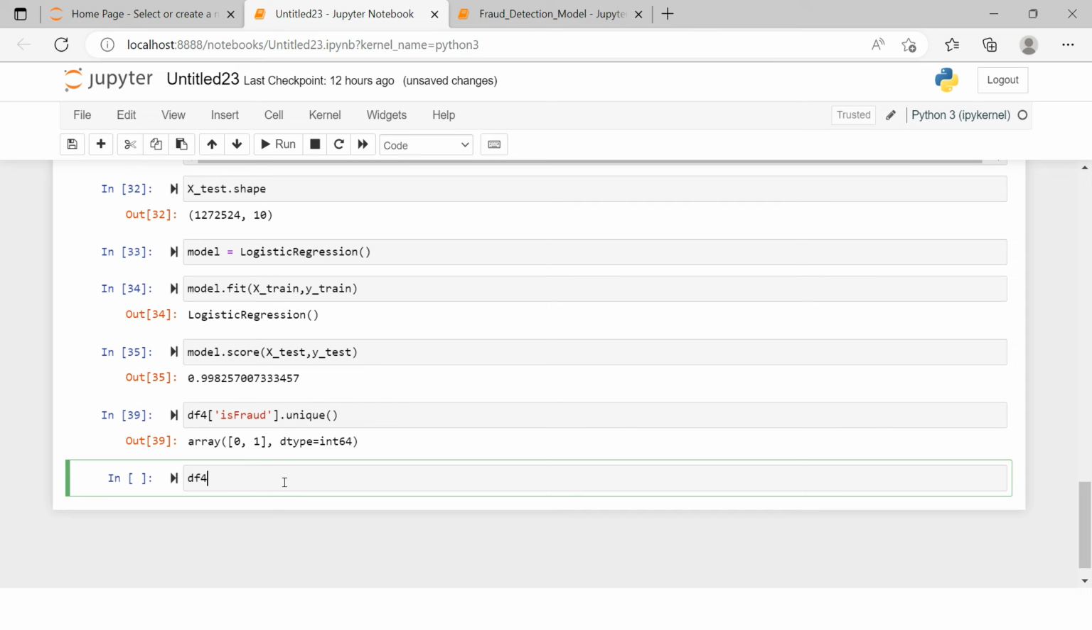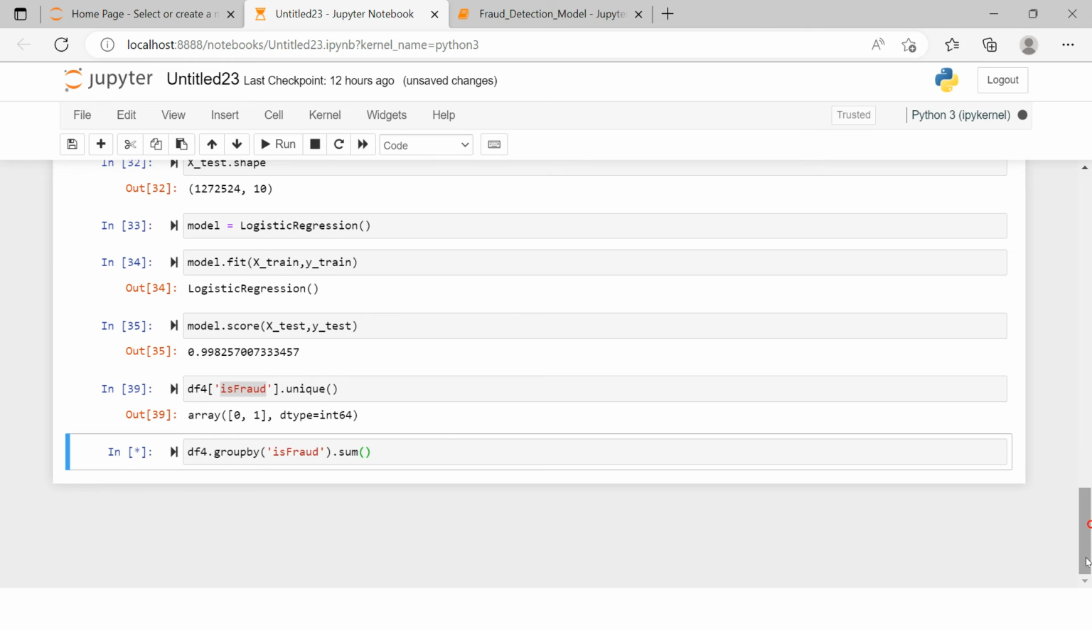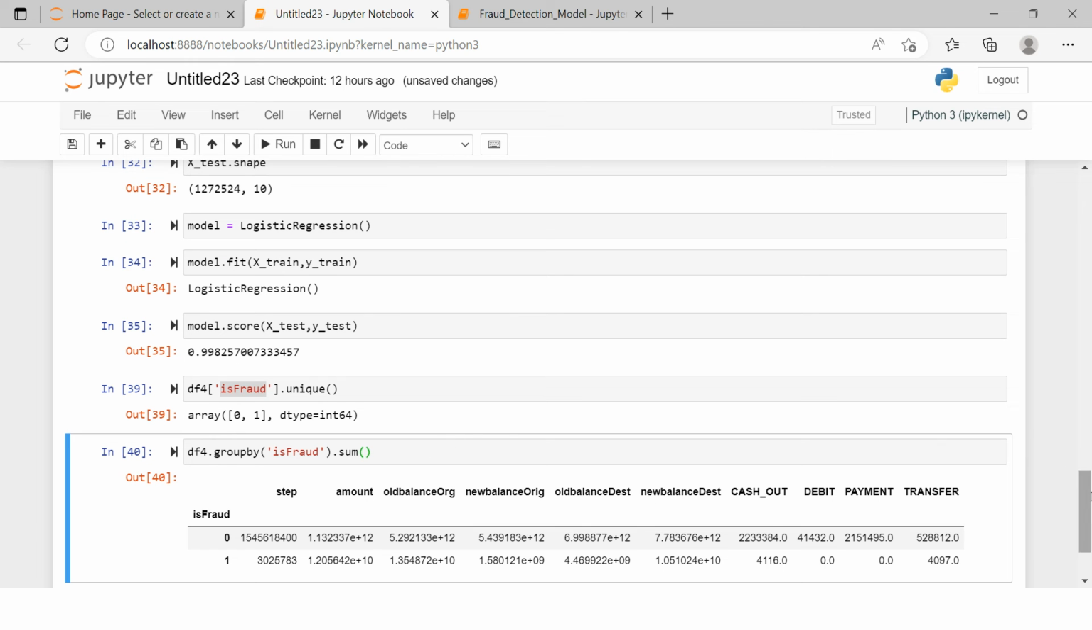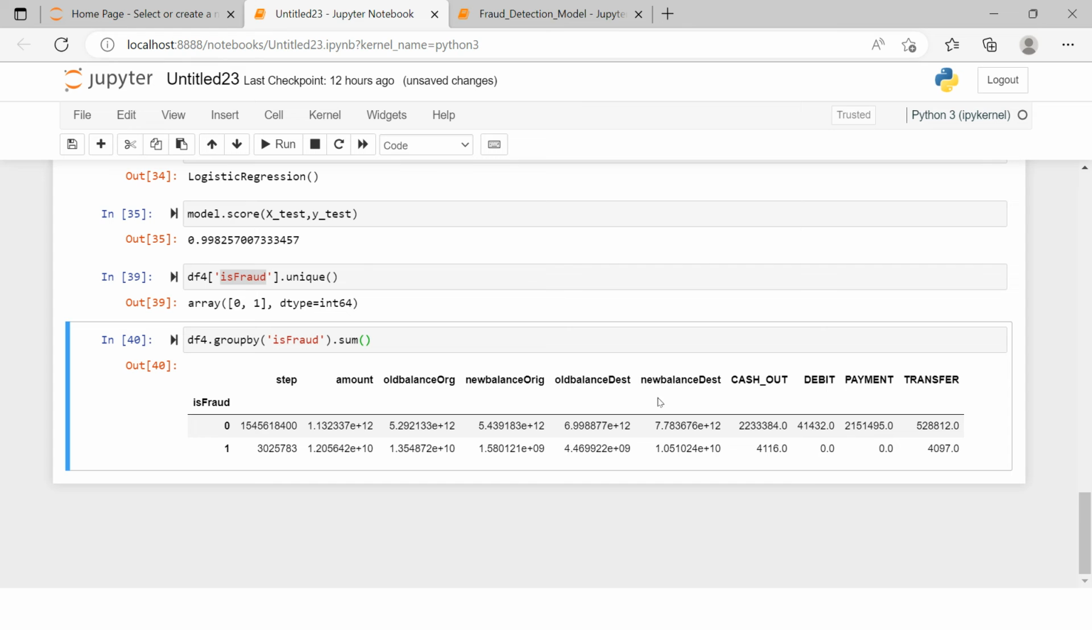What next we can do is we can use group by, df4.groupby, and inside that we can put the same variable which is fraud. Let's see if sum works over here, and let's see the count for each of these two categories. You can ignore the rest of these variables, or if you want you can just pick any variable over here. Step,